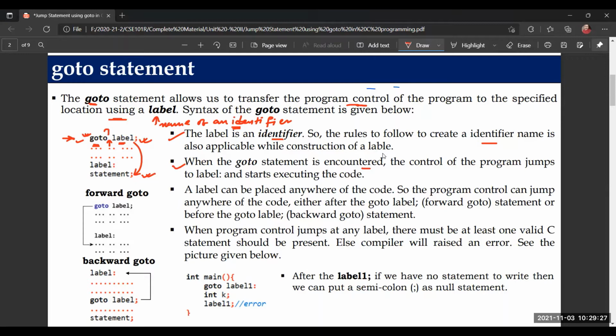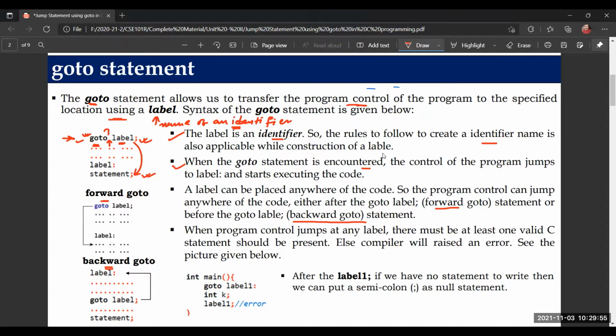If we look in detail at this page of the presentation, it is mentioned that there are two types of goto: forward goto and backward goto. If you ask someone standing in a certain position to go, he'll ask where he should go.